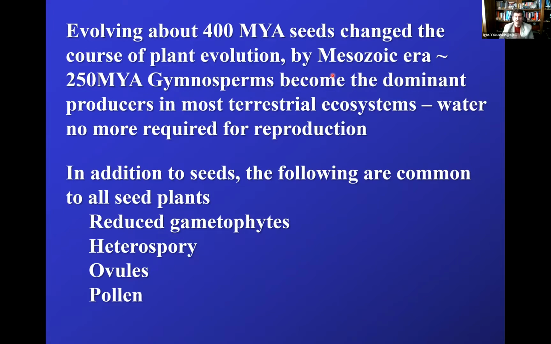Heterospory is the difference in the spores. If the spores are all the same, about the same size, they're homosporous. If they are different in sizes, you have a large one, the megaspore, and the small one is the microspore. That's a heterosporous plant. All right? Please remember that. Now we start looking at the ovules. This is where the egg will be produced. And the pollen, we already talked about, is essentially the sperm or several sperms within the protective capsule.